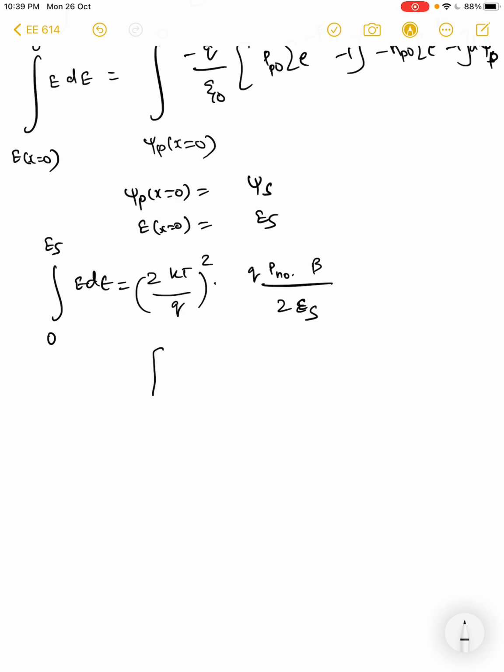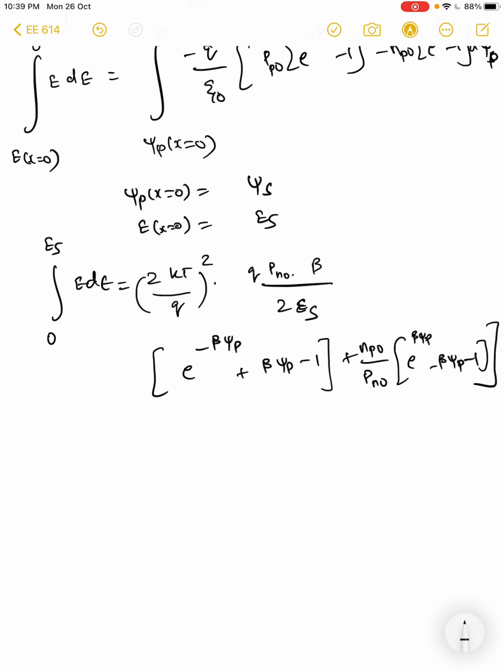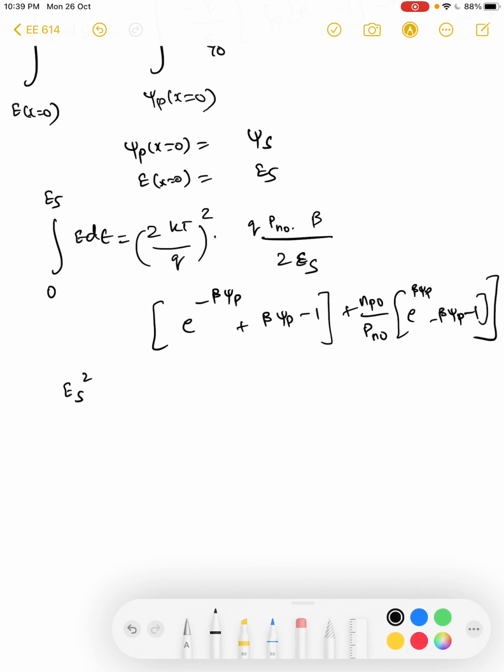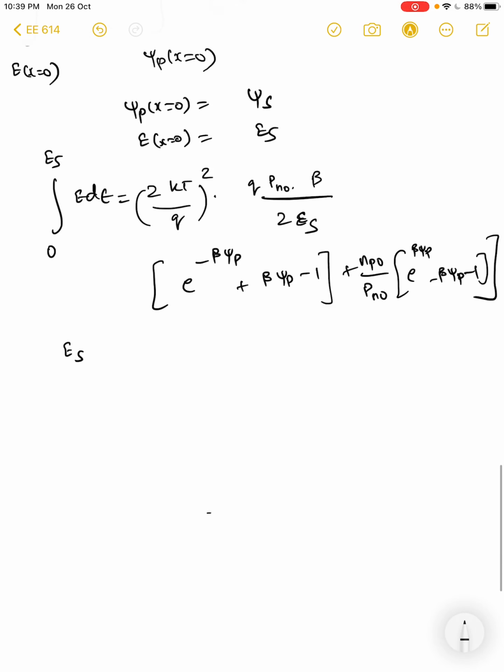Then I have a bigger term, I'll write it down: e^(-βψ_p) plus βψ_p minus 1 plus n_p0 by p_n0 e^(βψ_p) minus βψ_p minus 1. The left hand side of this is obviously E_s squared, and if I take the root of the right hand side, I will get the expression to be